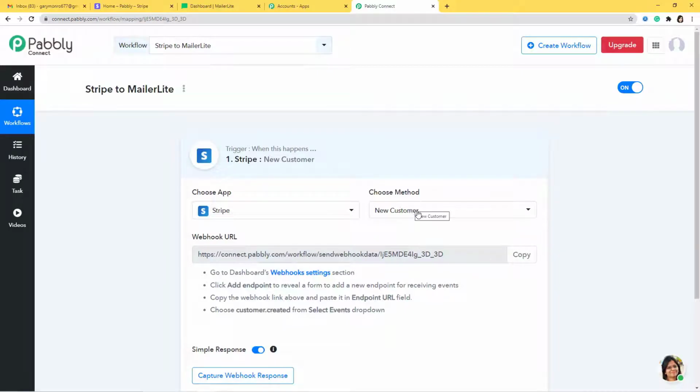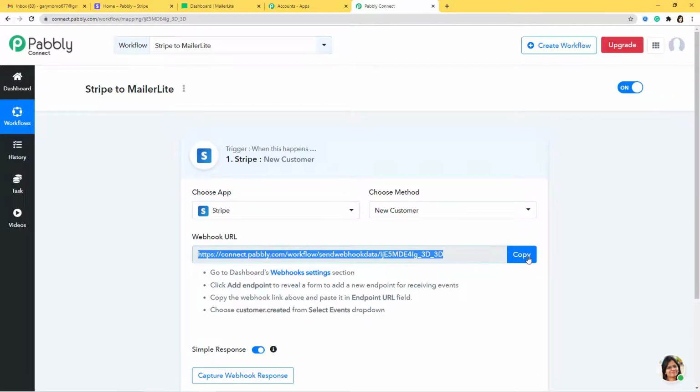And if you don't get the method of your choice, you can contact our team at admin@pabbly.com. So now you can see this webhook URL over here. So usually after this process, we have to copy this webhook URL from here and we have to go and paste this inside Stripe. So what is webhook? Webhook is an essential way to get data from an external software at Pabbly's end. Okay, so you can see all these instructions are written over here, so you can just follow them.